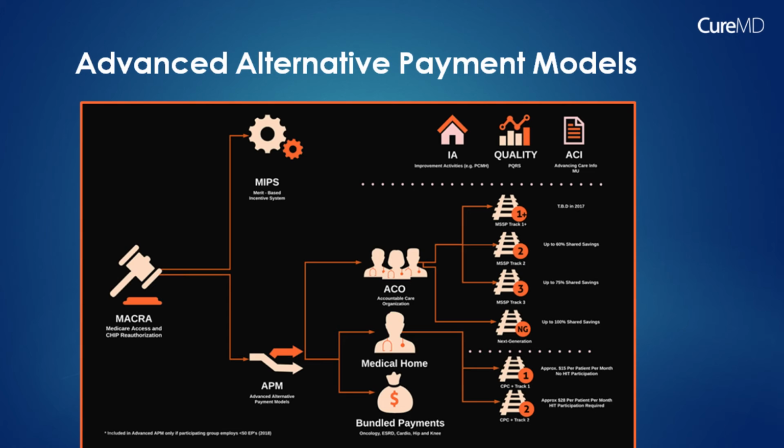Another type of alternative payment model is bundled payments. An example of that would be joint replacement surgeries. What Medicare has done in the recent past for hip surgery and knee surgery is that they've taken groups of practices and physicians, all of whom are providing care to the patient during that episode of care, whatever happens prior to that surgery, the surgery itself, rehab after the surgery, and as a group,